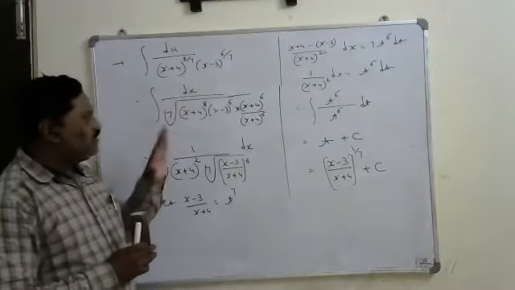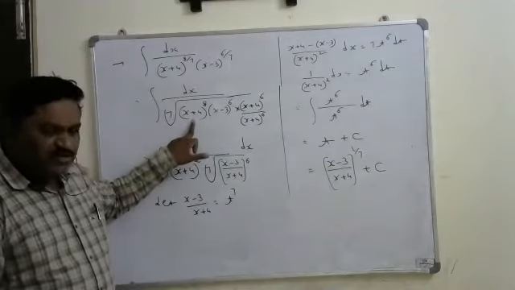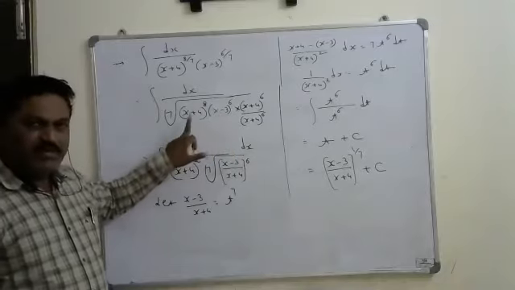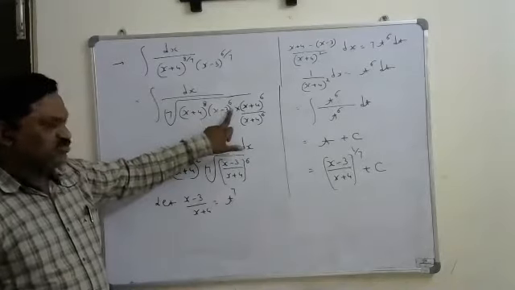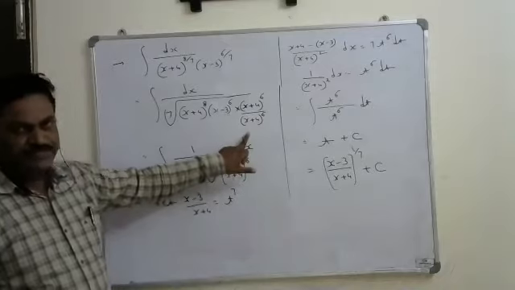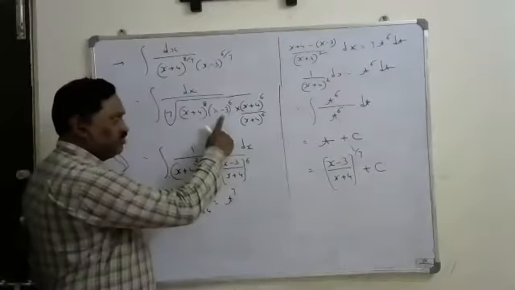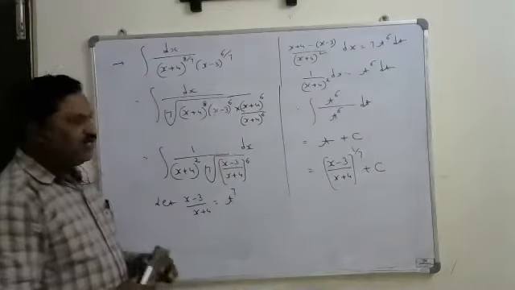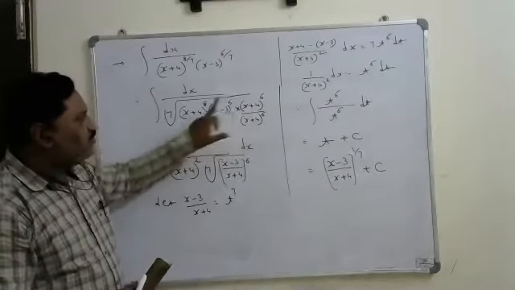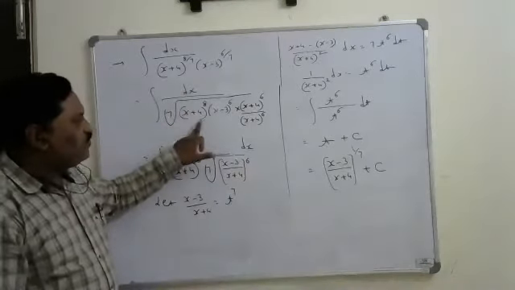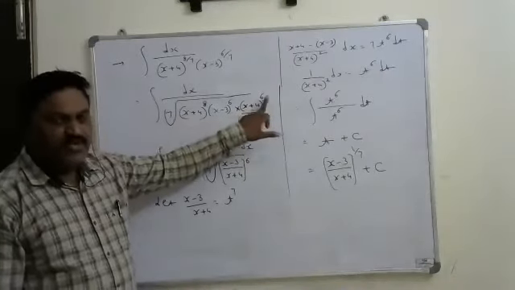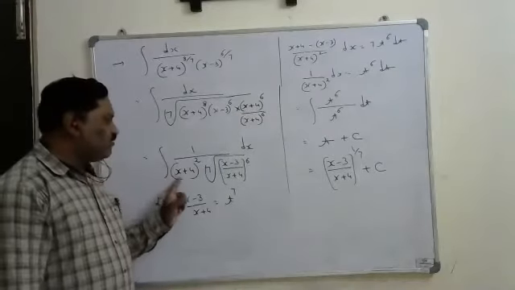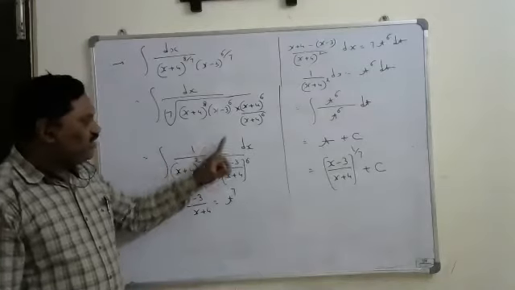Whenever the problem is of this model, in the denominator multiply by either this function or this function. To multiply by this function, take the power of the second function, and with that, multiply and divide by this. Suppose I take this function, take the power of this, meaning (x minus 3) whole power 8, so multiply and divide. Then this (x plus 4) whole power 6 into (x plus 4) whole power 8, that means (x plus 4) whole power 8 plus 6, which is 14. So 7th root of (x plus 4) whole power 14 means (x plus 4) whole square will come out. The remaining terms we will write.